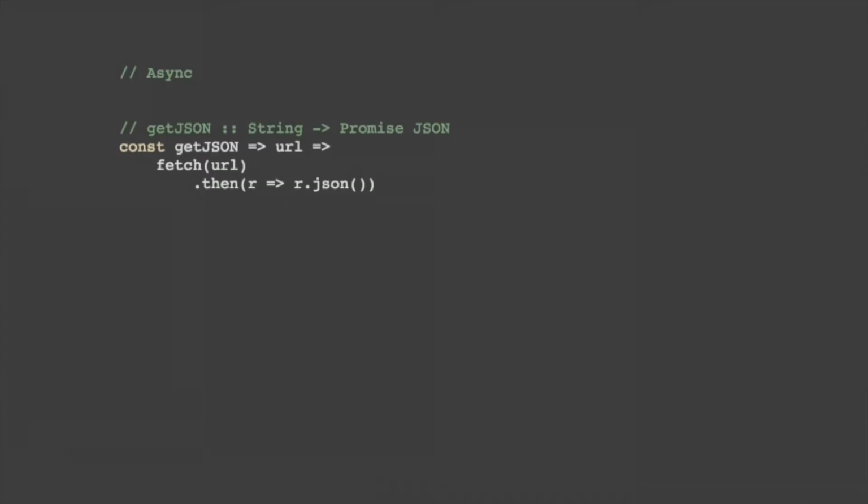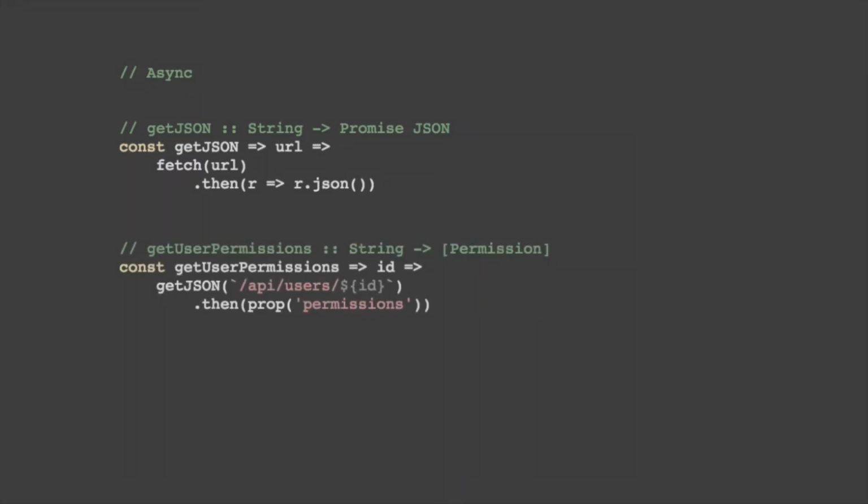Now, one final thing I want to point out is that we can do this with arrays, we can do it with objects. We can also do it with async functions. Promises in JavaScript kind of fit our principle of value goes in, value comes out. In this case, this is just a basic getJSON. We fetch some stuff and get the JSON out. We can do a little more complicated stuff by saying, let's get the JSON of this specific user with the ID, then get out a prop. In this case, it's just a simple accessor, a basic get on that key, like getting the permissions of a user that's returned from the server.